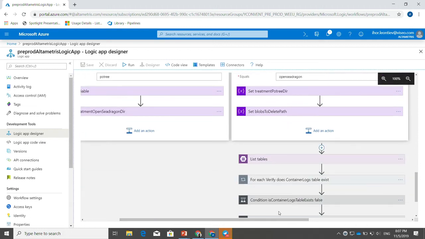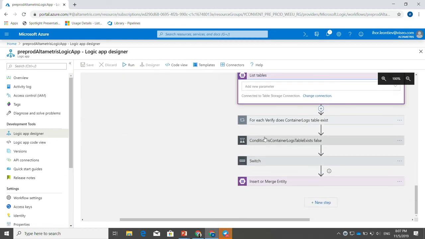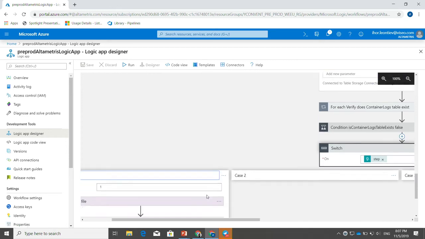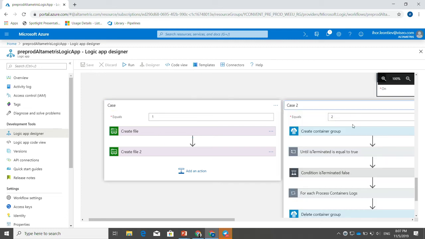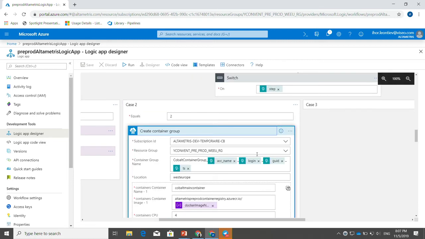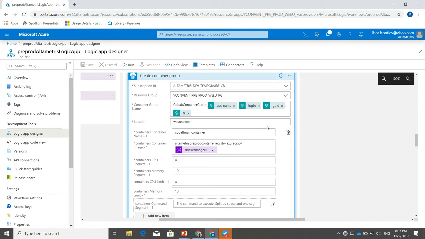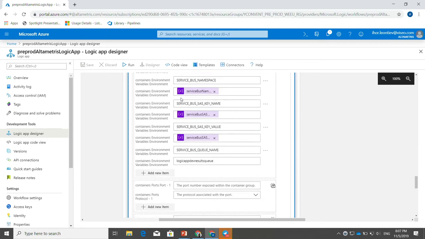And after everything works, we verify all of the logs, and we create the necessary containers, or we clean the data in file shares. We can create the files, we can upload them. Here, we create the container group, passing all of the necessary variables with all of the information. By the way, this is a huge container which treats the data, and we are using 4 CPUs, and we can scale up to 10 CPUs, it's possible. We use a lot of memory, and we pass in all of the information needed for the treatment.